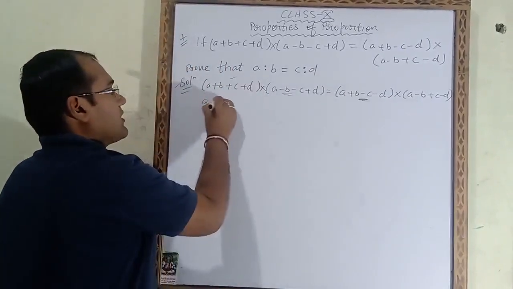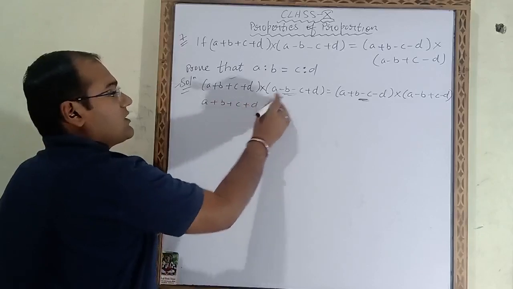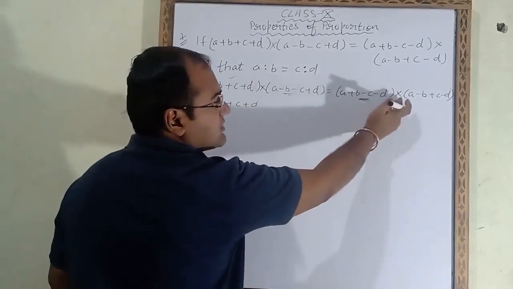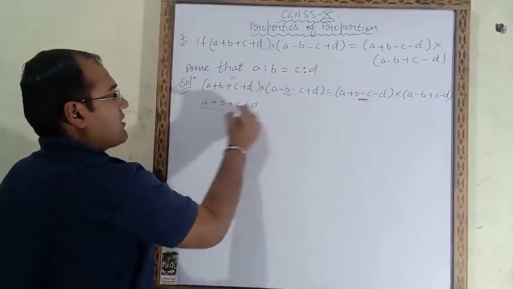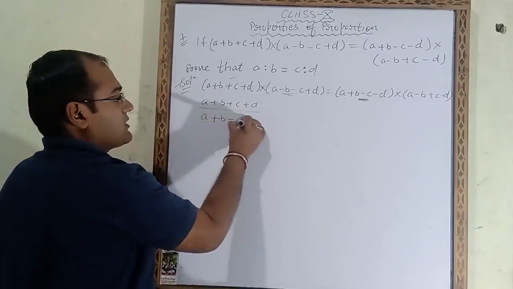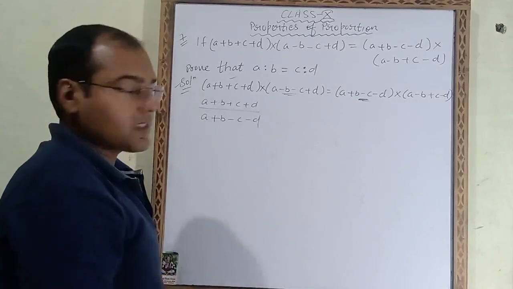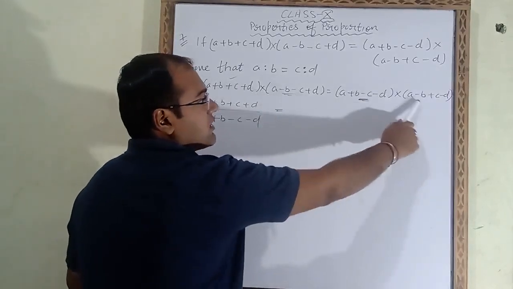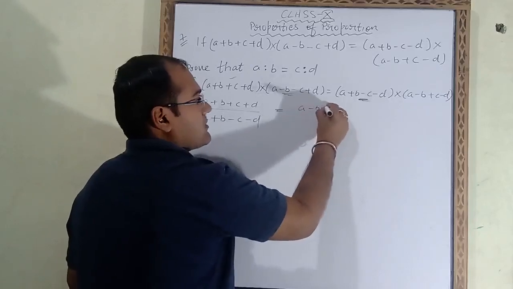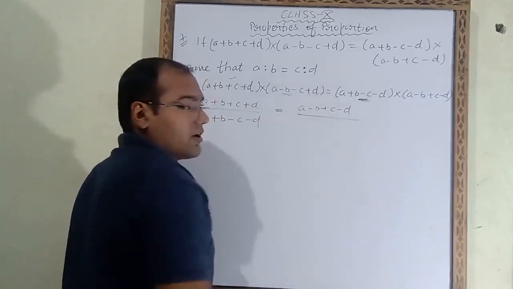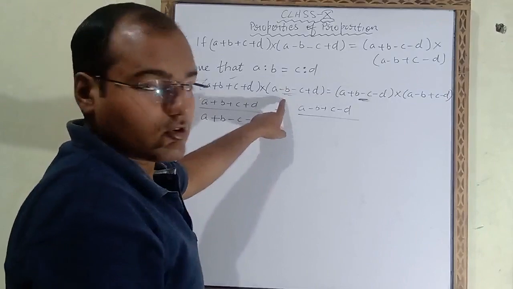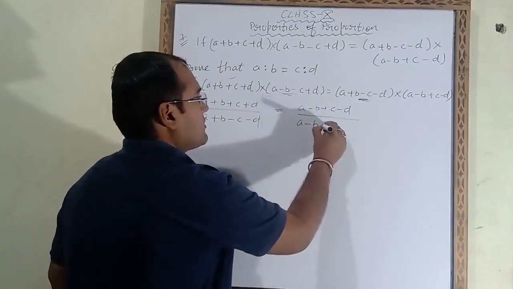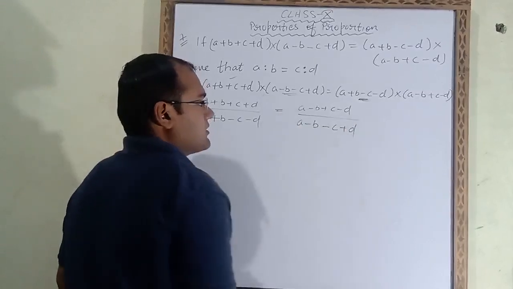So this one, a plus b plus c plus d, this we will remove. Instead of this we will take a plus b minus c minus d. It is in multiply. On the left side this we have to write in divide. A plus b minus c minus d is equal to, this one we have removed. Now we will write this one, a minus b plus c minus d upon, this is in multiply, this one we have to remove, and this we will bring in divide. So a minus b minus c plus d.